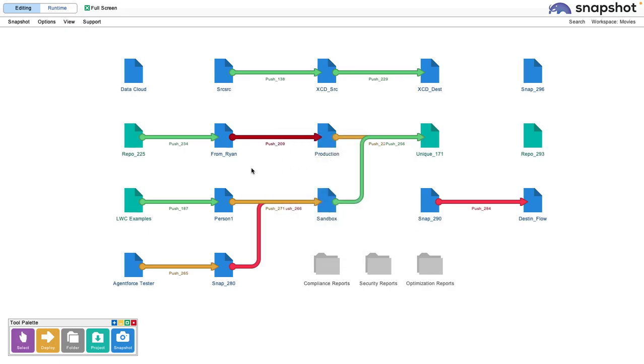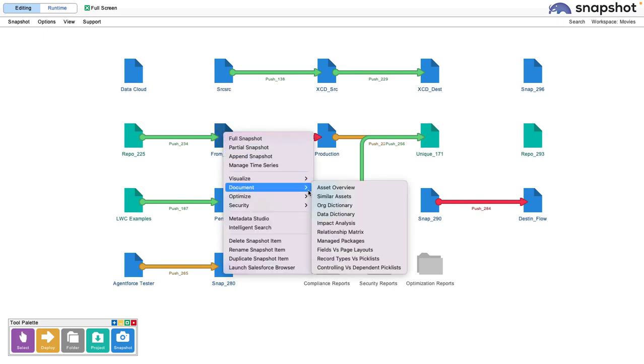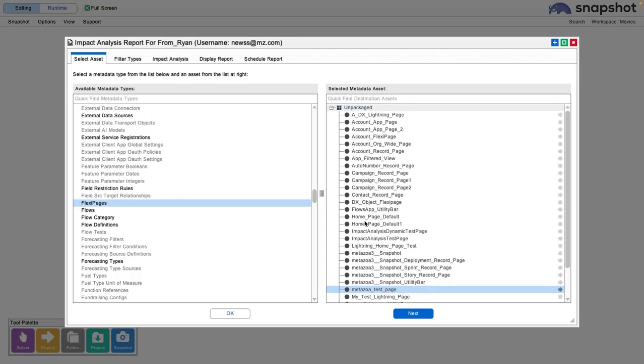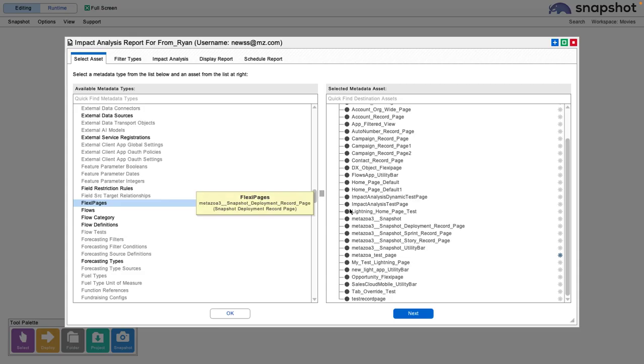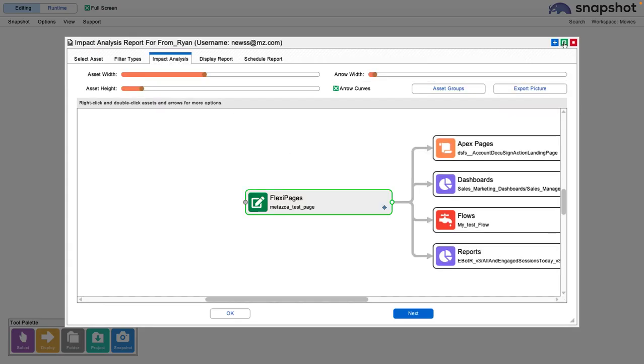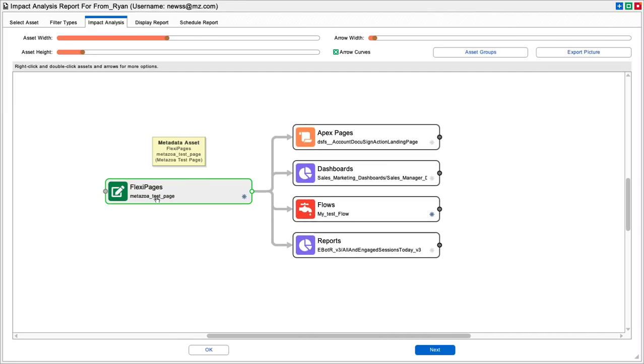So I don't have time to show you all of Snapshot. I'm just going to show you a couple of the highlights. Let's look in documentation at impact analysis. Metazoa has the world's most complete impact analysis API. We cover 1,400 different relationships between metadata types. And so you can simply select any type over here at left. Here we've selected Lightning record pages, and you can then select any of the different assets that you're interested in over here at right. Go to impact analysis, and in this case we will see everything that's embedded in this